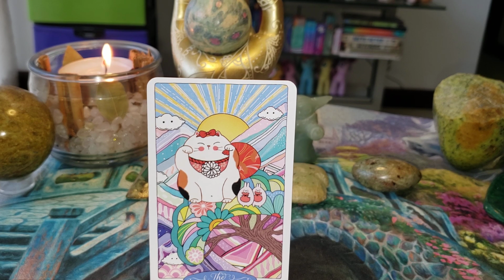Alright guys, if you want to know my opinion as far as what this ranks, I would say 10 out of 10. It is beautiful. So get this deck